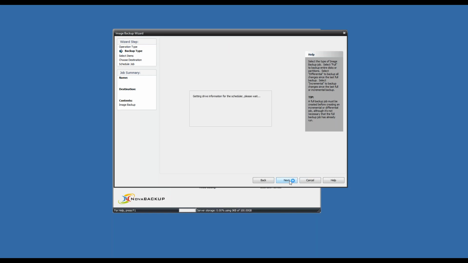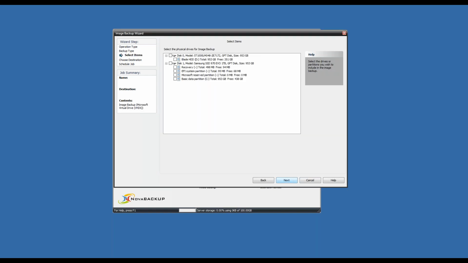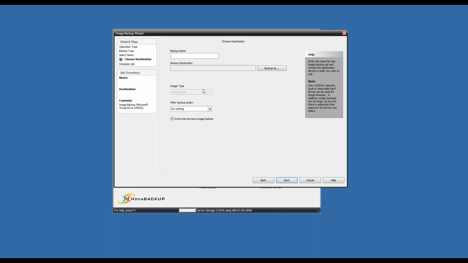Then it'll go through my local machine here and show me all the drives and partitions that I could select, and say in this case I just want to do this particular drive because the other drive is not important to me. So I would do this,